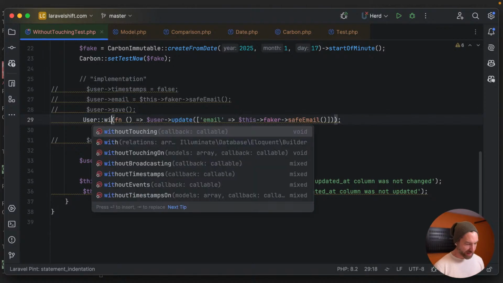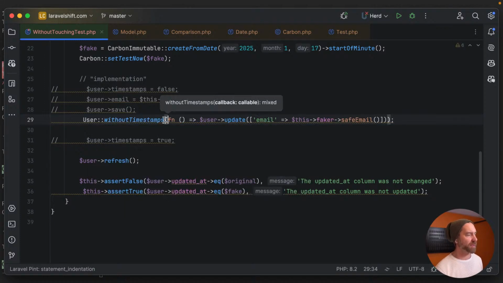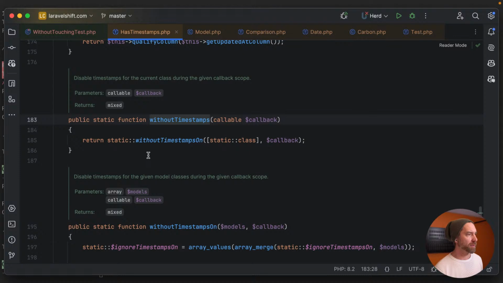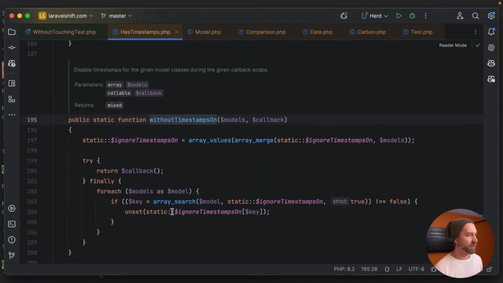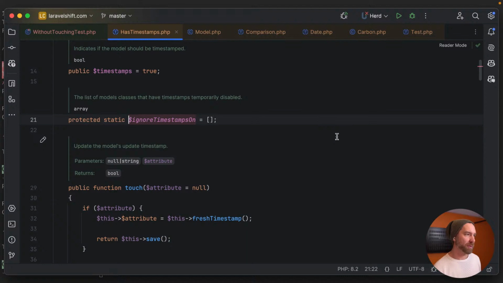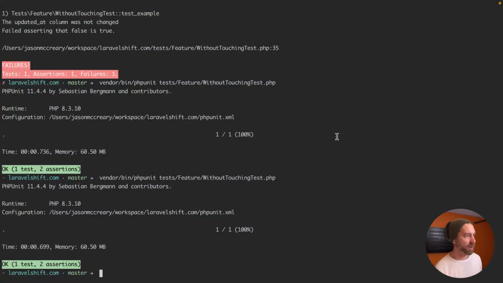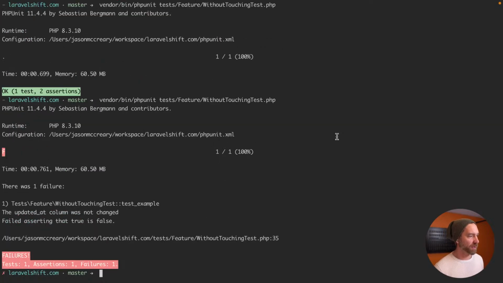Is it without timestamps or without touching? Without timestamps. What's the difference? Without timestamps on. What's the difference between touching and timestamps? The list of models. Nope. Let's see if this works the way I want. Yeah, there we go. Okay, so we're going to explore that too. What's the difference between without timestamps and without touching? Anyway,